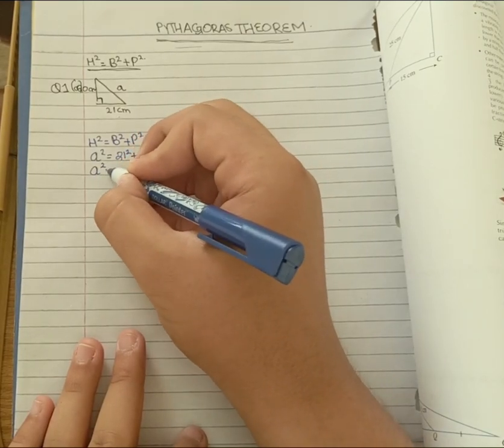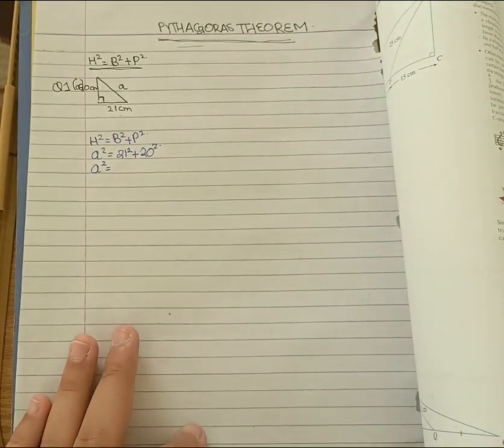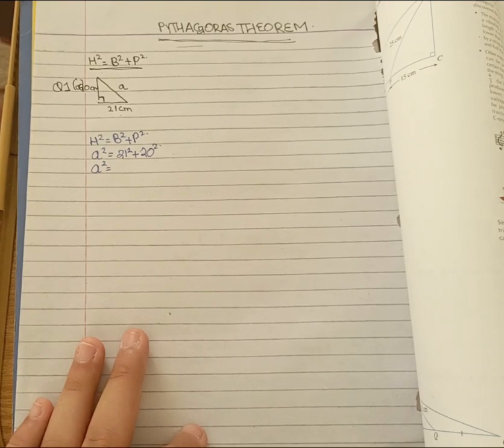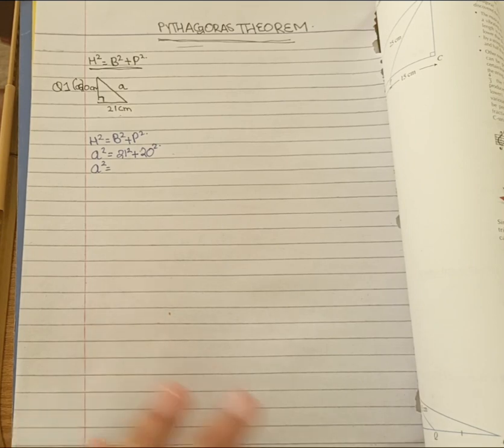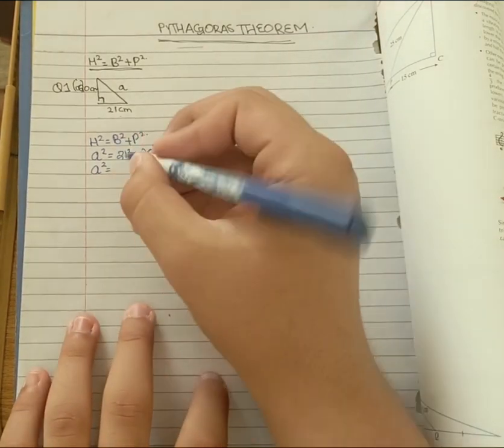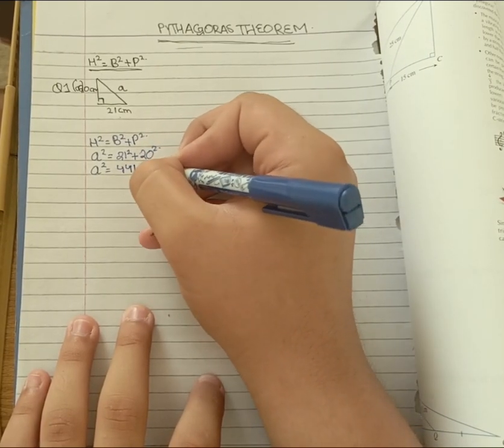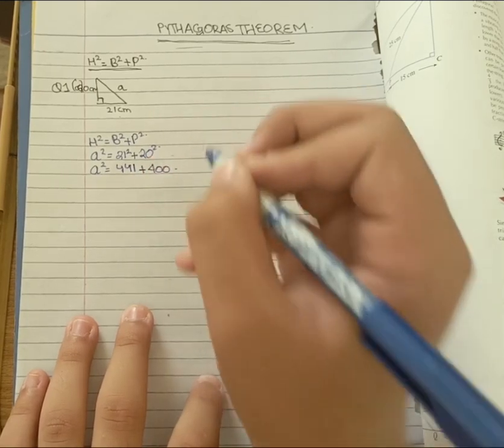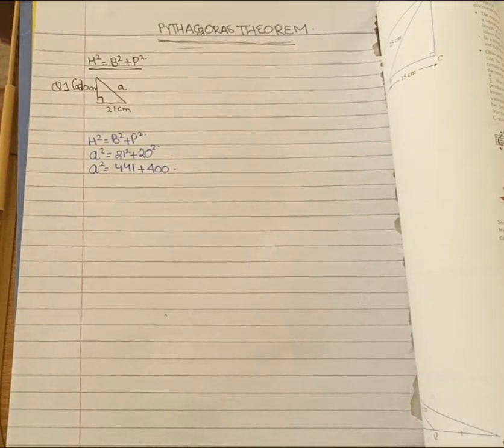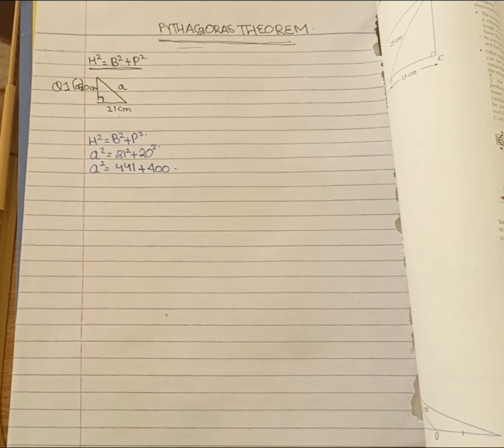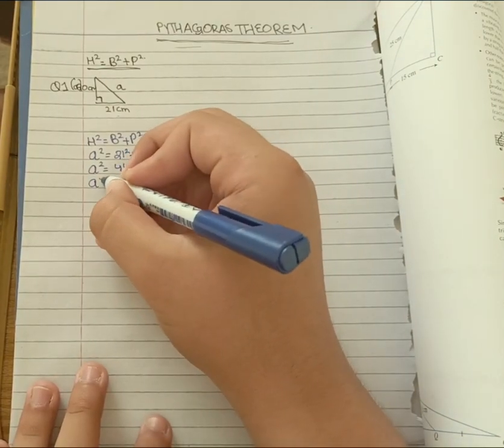So a square equals 20. What is the square of 21? Wait, let me just quickly check, I forgot. It is 441, so we write 441 plus 400, which is the square of 20. And now we're going to add these both, which makes it 841. So a square equals